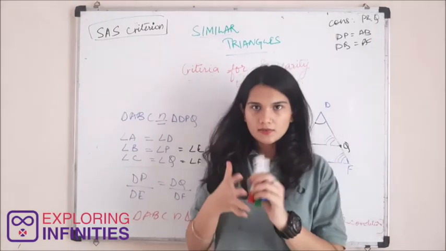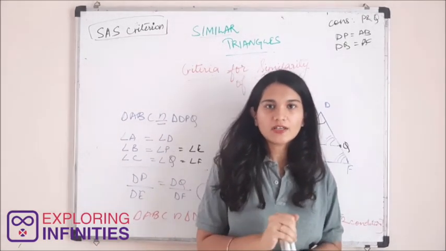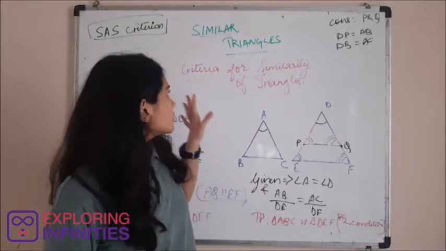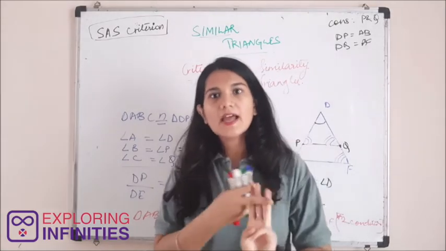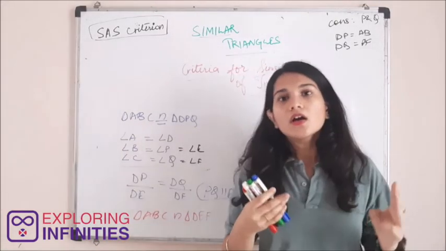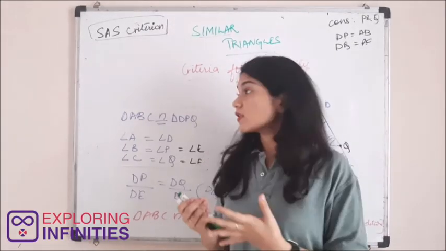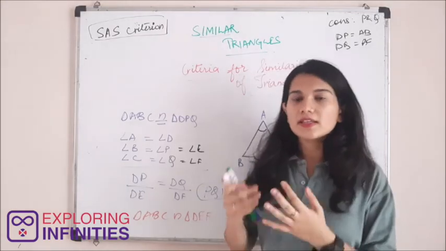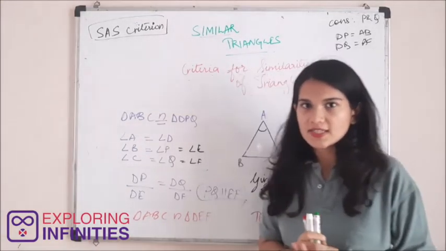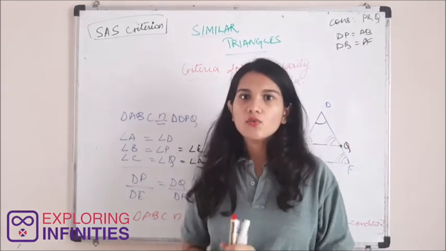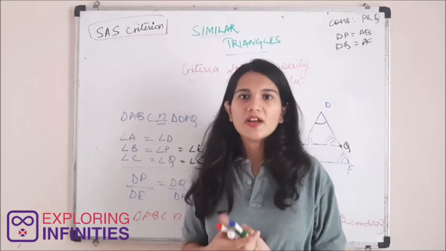So in this video we discussed the three criteria of similarity of triangles. Those three criteria, again I am repeating, are side, side angle and angle criteria. For these three criteria that we discussed today, you would get more application based questions rather than proving these. Actually we proved these for a better understanding of these three concepts. I would suggest that you all practice application-based questions from your textbook.